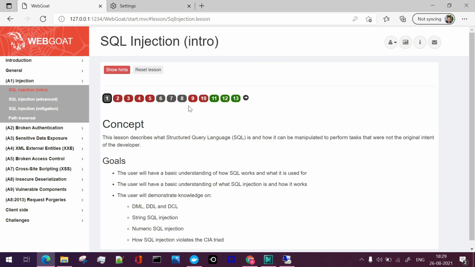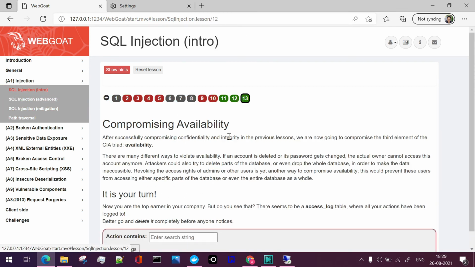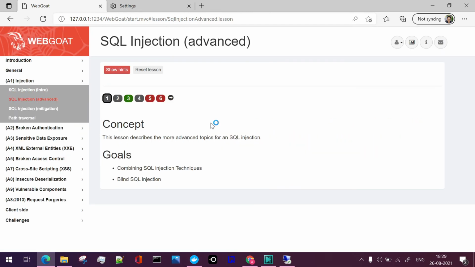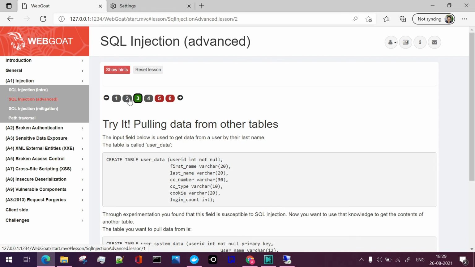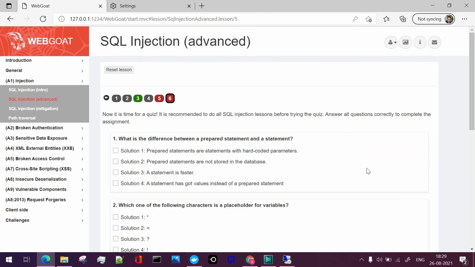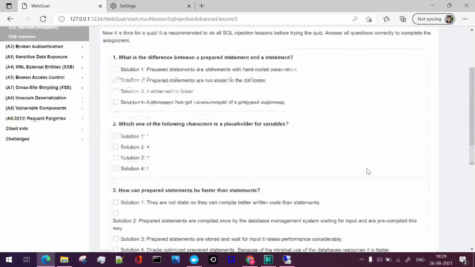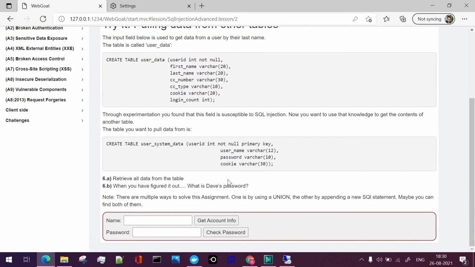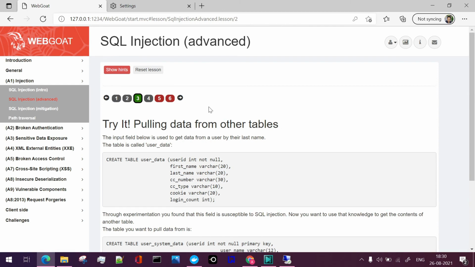Coming back down to the introduction session, we are done with all the lessons which were present. For your help, go through all the sections, that is move on to the SQL injection advanced section as well, and try to hack these accounts also. If you are not able to find any query, pass it on in the comment section, and I'll help you with the queries which need to be added in this particular section so that it will be useful for you to understand it thoroughly.